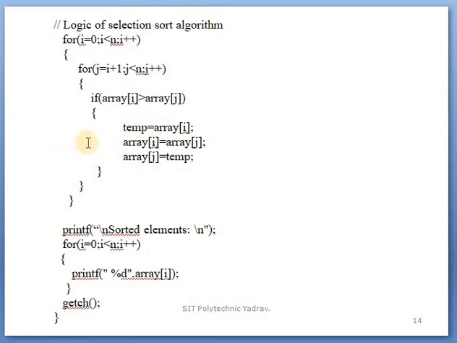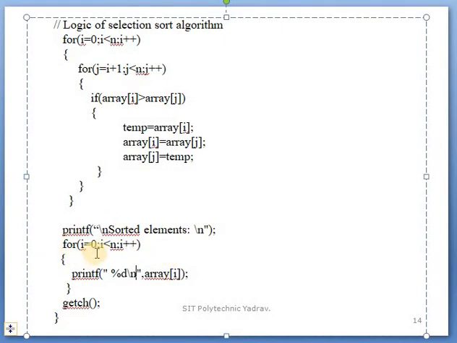Clear that? After that printf with \n means a new line, sorted elements, and \n means in a new line your numbers are displayed one by one. Okay, one by one displayed. For i is equal to 0, i less than n, i plus plus, printf %d means the data specifier, array of 0 which elements are there are displayed, \n means in a new line. After that i plus plus means 0 increases by 1, so array of 1 is displayed. Next line, new line, array of 2, 3, 4, until n is complete. Those elements will be displayed using this printf function.